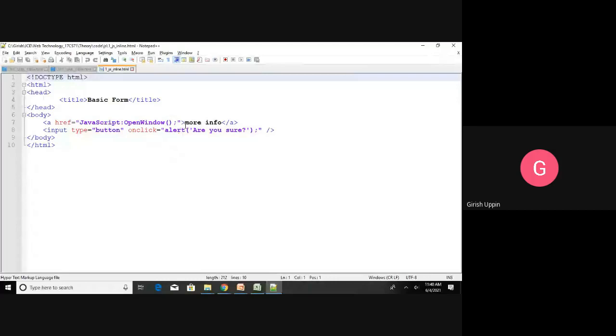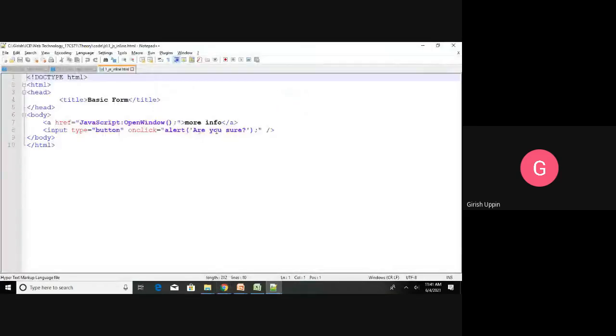So you can see here "more info", that is the anchor element. When you click on that, you can see at the bottom it will show the JavaScript open window. And this is the button. We did not give any name for that button, so that's why it is empty.